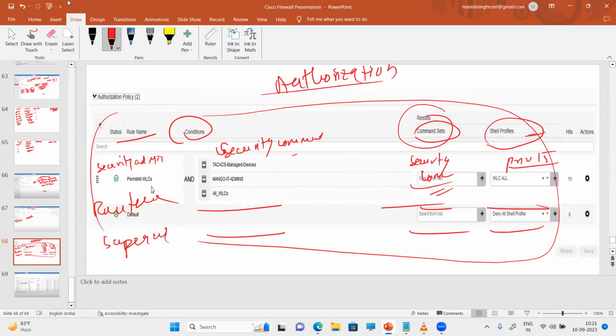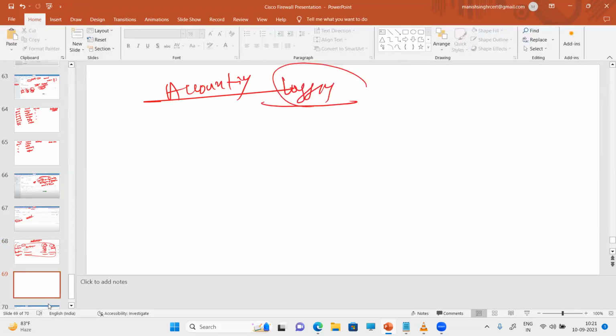Now the last is accounting. Accounting is what I said, that accounting is for logging. Okay, logging. Accounting is for logging. Where we can see that logging, just go to